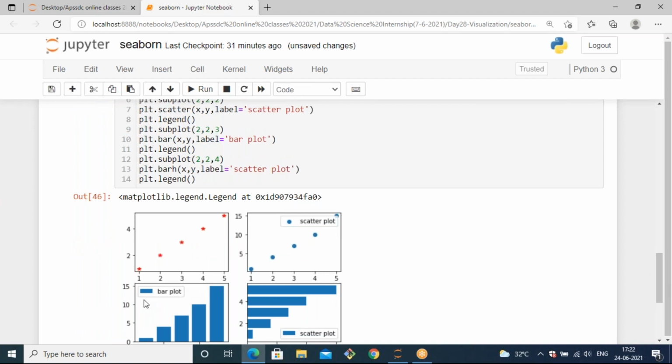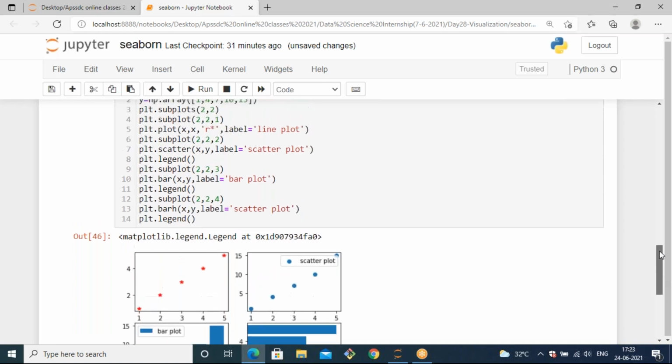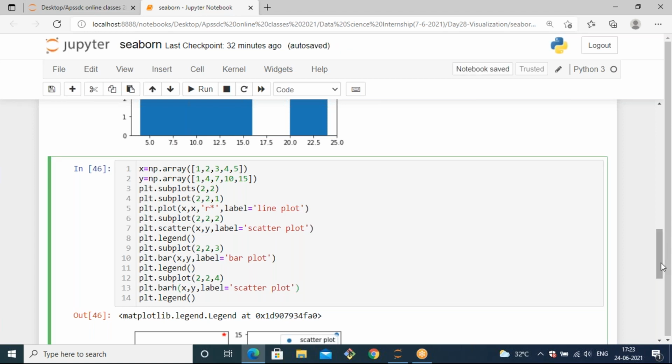And you will get some kind of label names also on the top of it. And for line plot, this label attribute doesn't exist. That's why it's not showing. Okay, so like this, you can generate any number of subplots by using the subplot method and subplots method. So am I clear up to this, all of you?